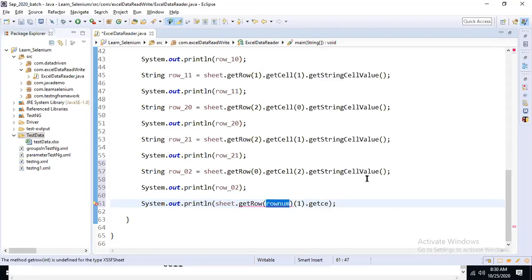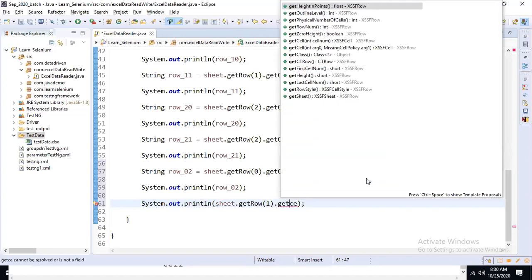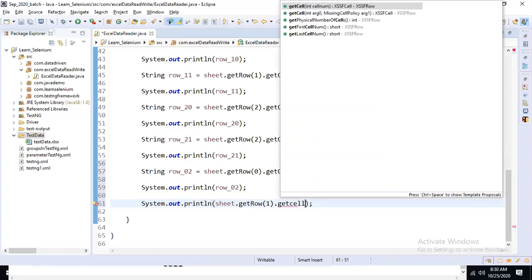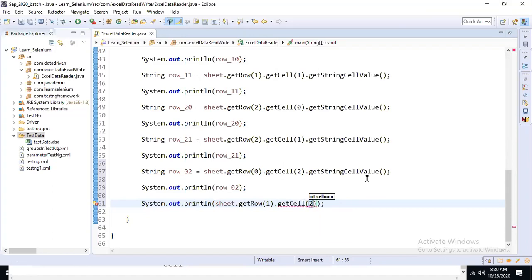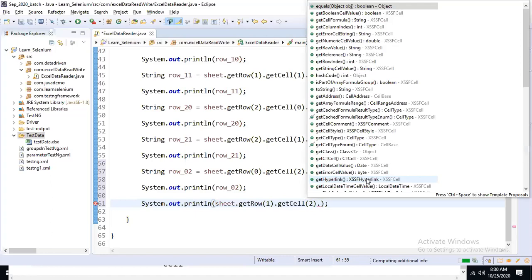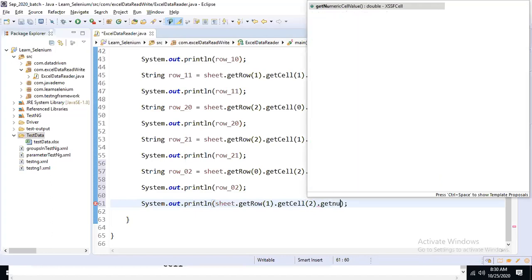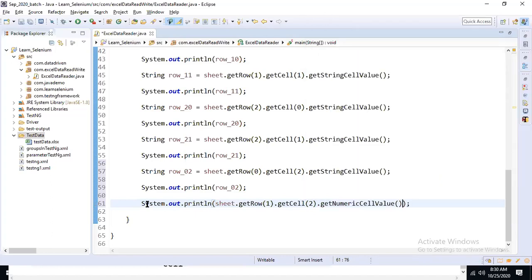This method getRow. On first row, we will get the cell, dot getCell. What is the cell number? Second cell. And what is the cell type? getNumericCellType. Okay, getNumericCellValue. This is numeric cell value.